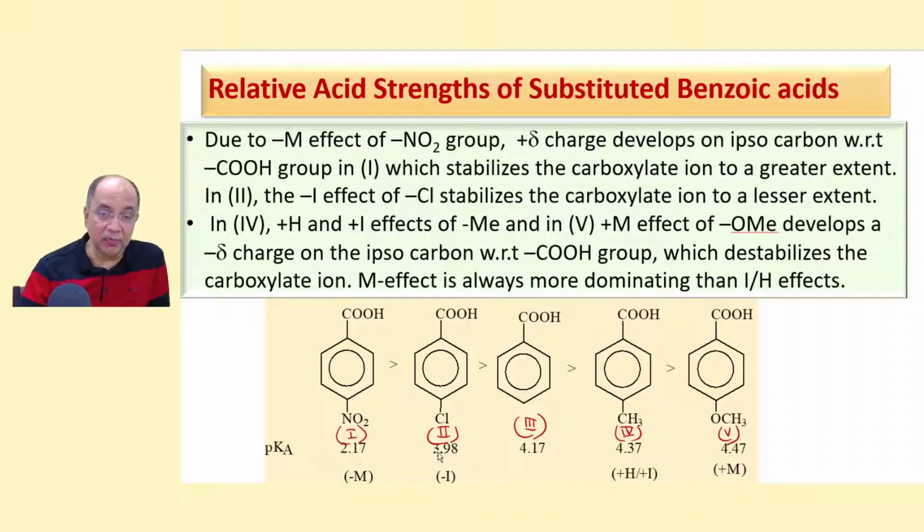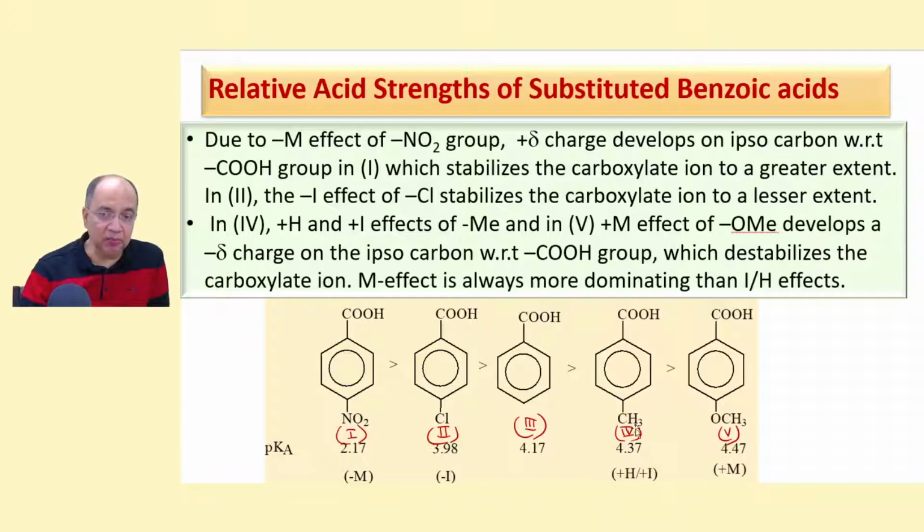And this is less than, of course, para-chloro with its minus I effect. It is stabilizing the conjugate base, that is the carboxylate ion, the benzoate ion. And the nitro group is stabilizing because of its minus M effect. It will produce a plus delta charge adjacent to the carboxylate ion, which will stabilize it by electron withdrawing nature. This will be merely a minus I effect from the beginning, but this minus M in the benzene ring will produce plus delta here. That will produce a profound electron withdrawing effect on the carboxylate ion to stabilize it, right?